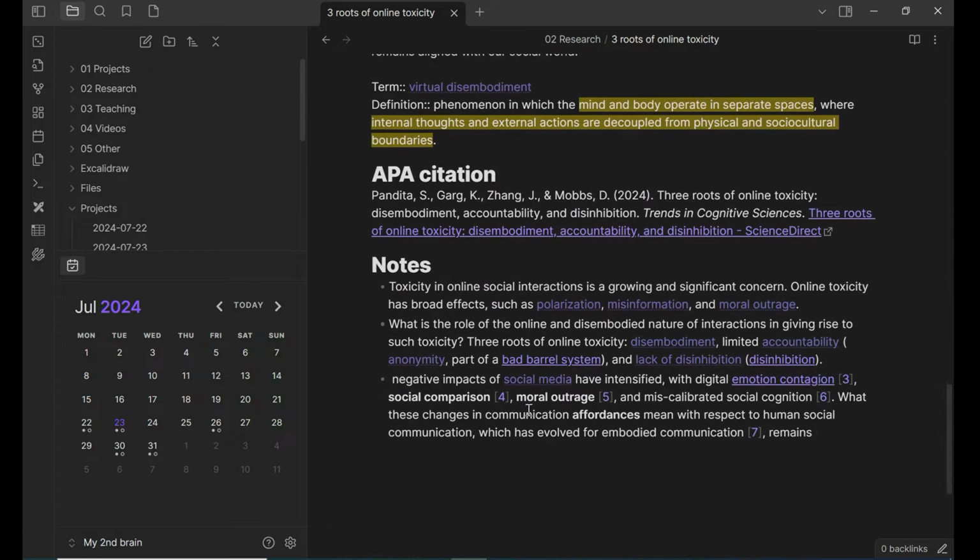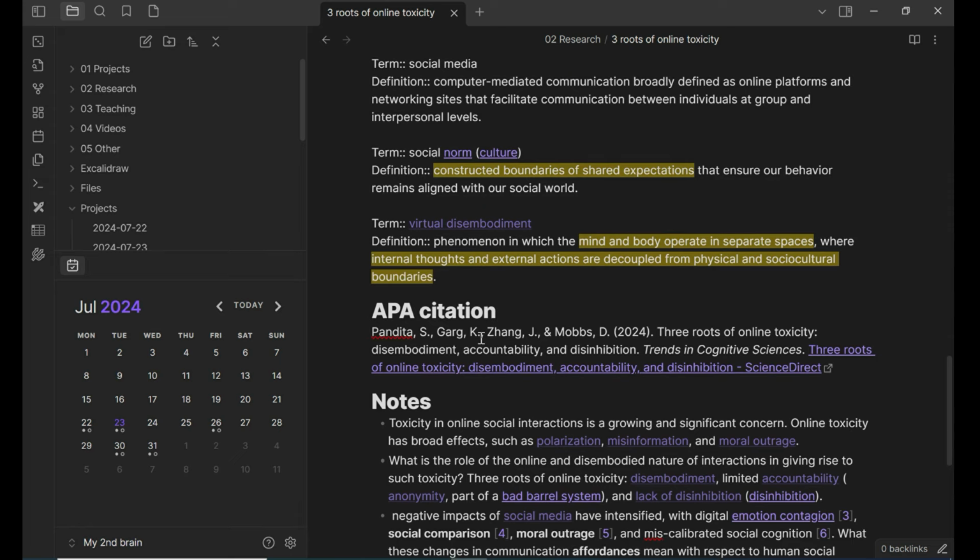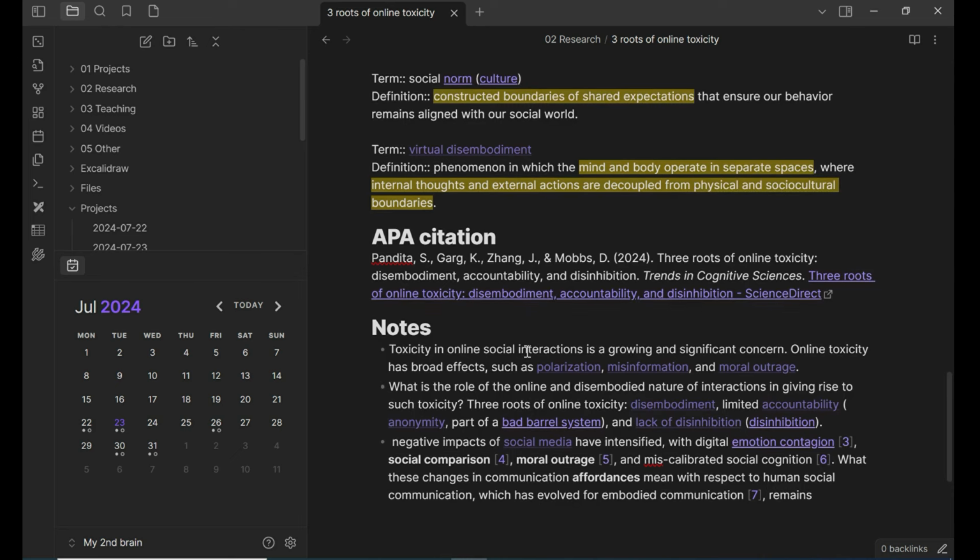This is the APA citation, and this is the link of the article. In the future, if I want to cite this article in my writing, then I can just come here and find the citation. It's so much easier than using EndNote. These are my notes. Toxicities in online interactions is a growing significant concern. It has broad effects such as polarization,